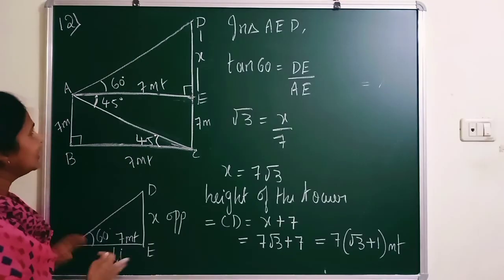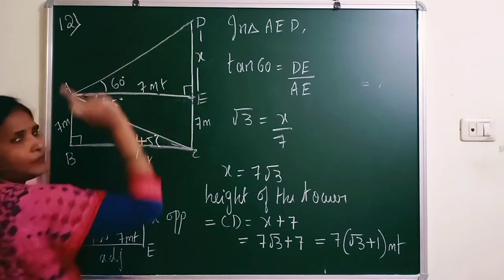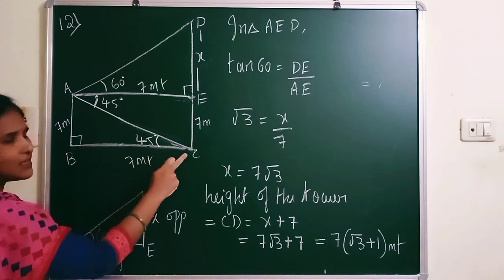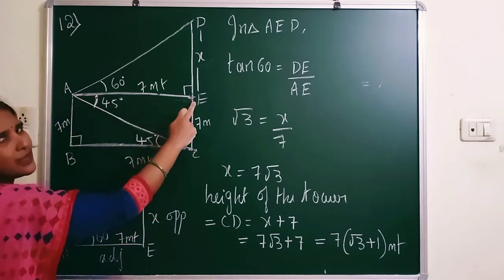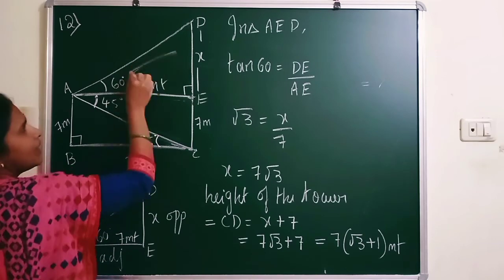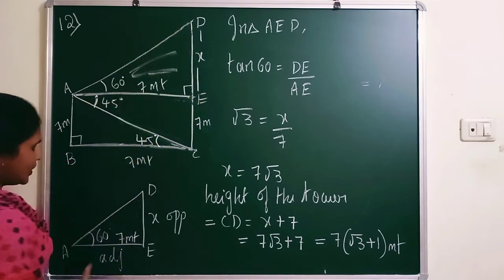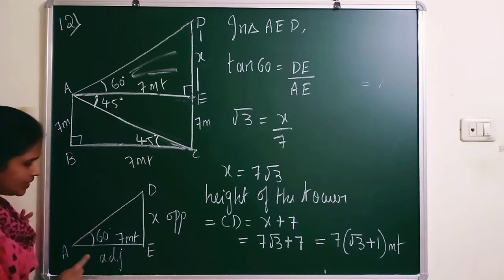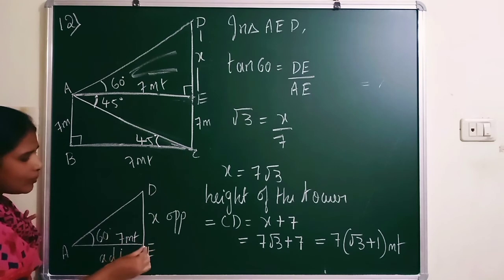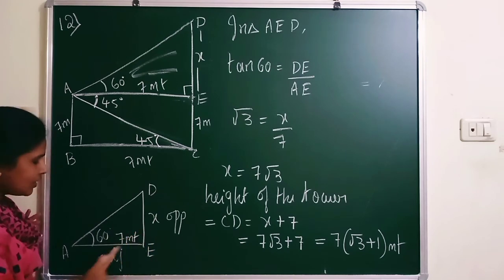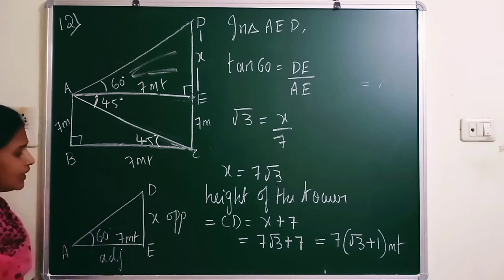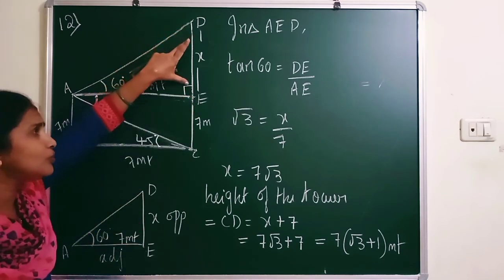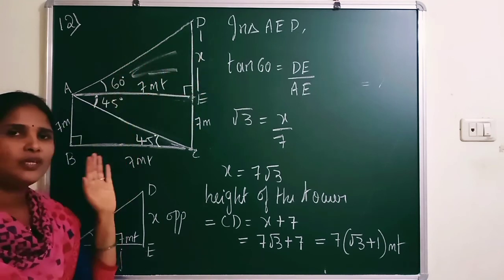Now let us take another triangle, that is AED. So before we have taken A, B, C and we proved that BC is 7 meter and also AE is 7 meter. Now let us consider this triangle, that is AED. So write whatever we know, 60 degree. This is just now we proved it is 7 meter. So AE becomes 7 meter and opposite already we considered it as X and adjacent you write down. Now I need to find DE. Already I know the length of EC. If I know DE, I can add to get the height of the cable tower.